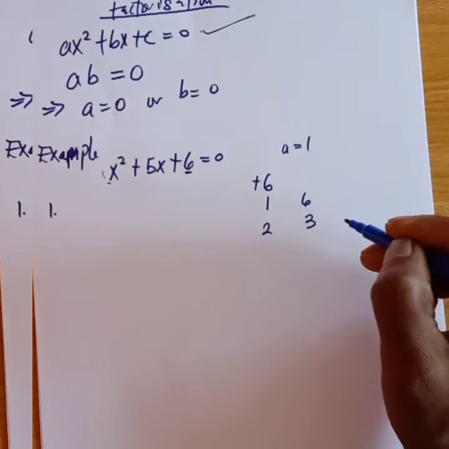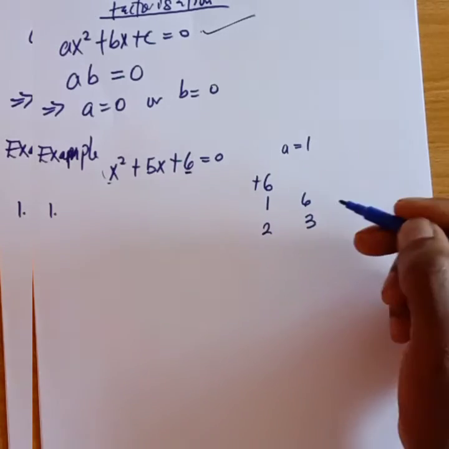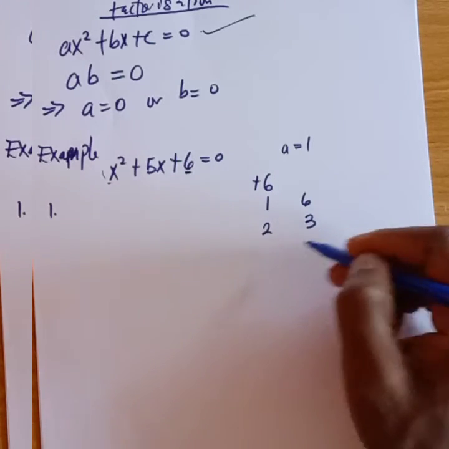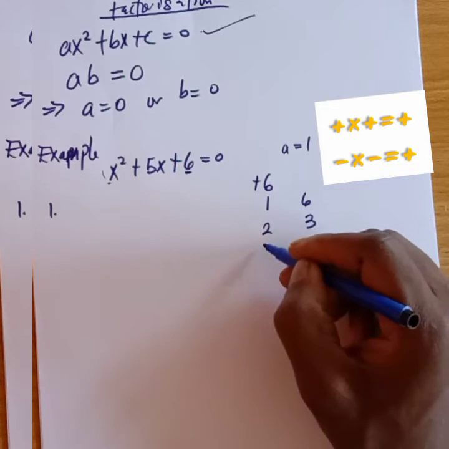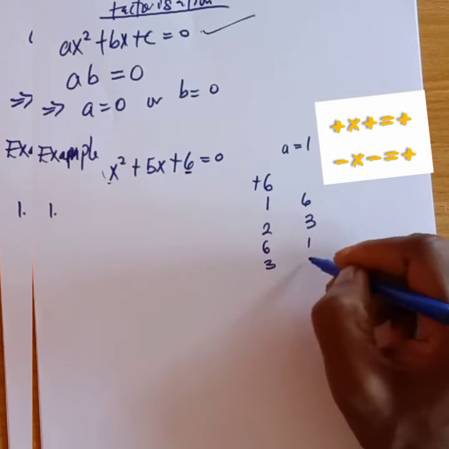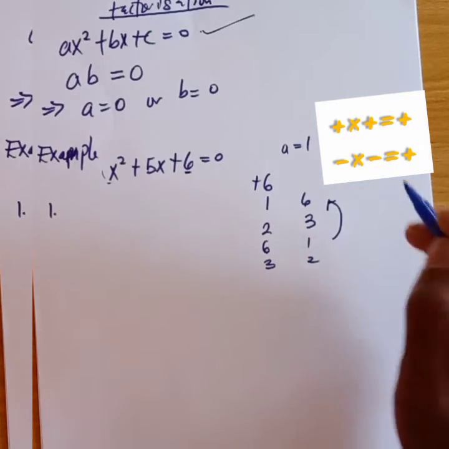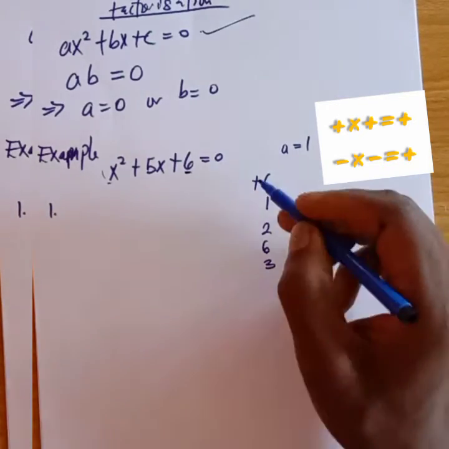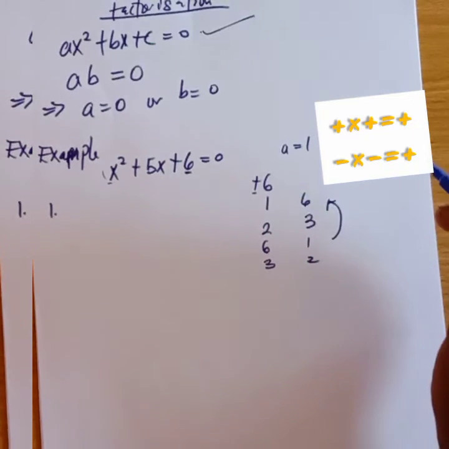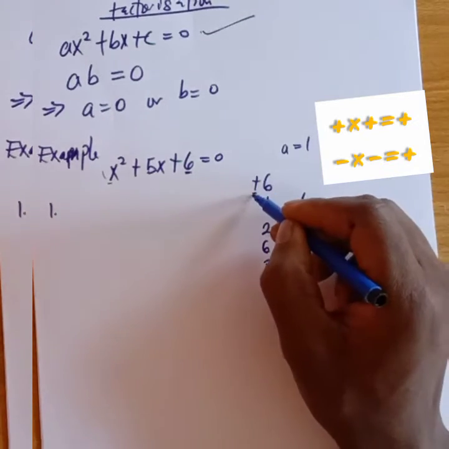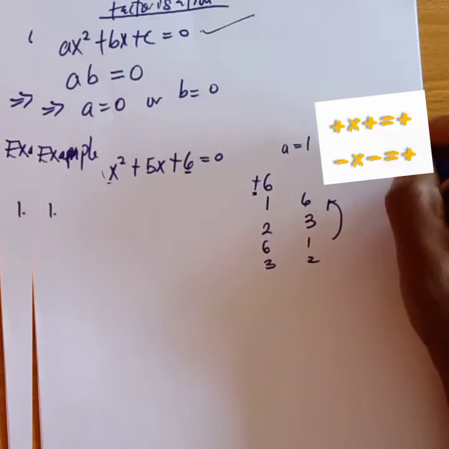I think that's all. The other ones are just repetitions of what I have here. It could also be 6 times 1, or 3 times 2, which are just repetition of what I already have here. Now, for me to get a positive number in my multiplication, it must be that